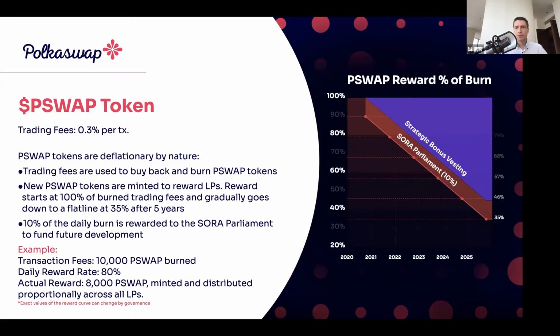One other thing I'll just point out is you see this purple triangle, the strategic bonuses. These are strategic bonuses to incentivize people to do things like I explained already, like buying SORA from the token bonding curve and giving collateral. There's two other ways to earn PSwap as part of a strategic bonus. One is to provide liquidity on the DEX. All liquidity providers will get a special bonus for the first 4 years, I think. So there's some above and beyond transaction fees that you get. There's also PSwap bonuses for providing liquidity.